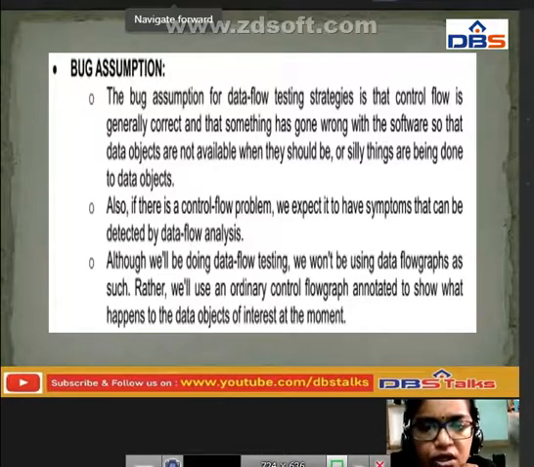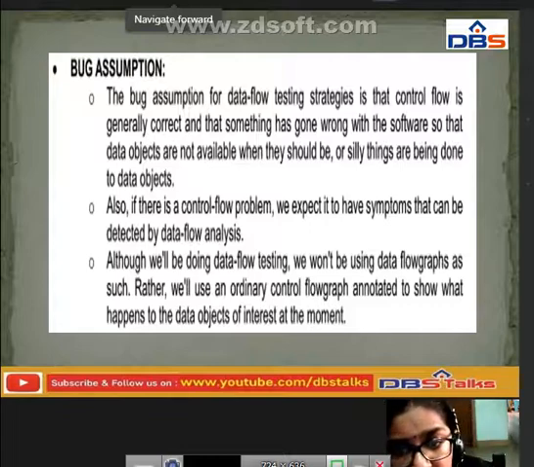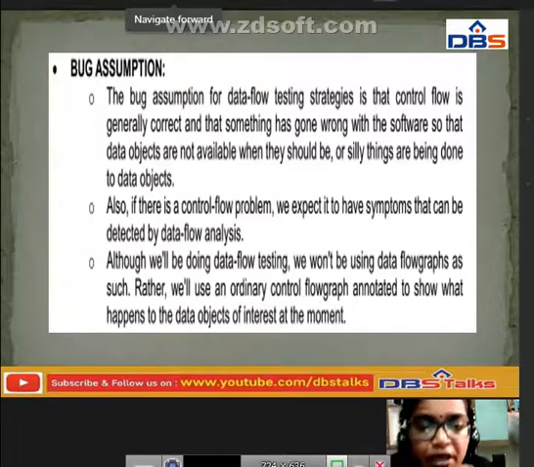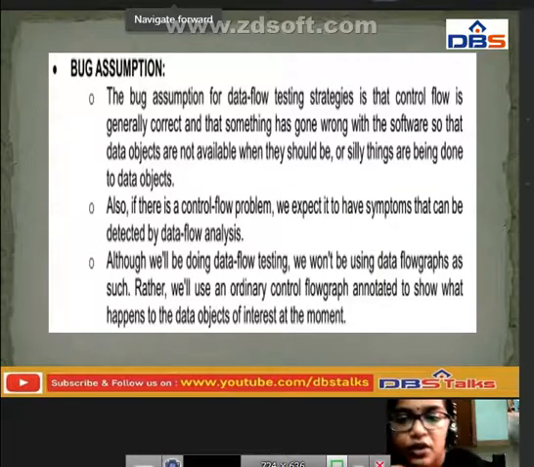Rather, we will use the ordinary control flow graphs, annotated to show what happens to the data objects of interest at that moment. Whether it is a control flow graph or a data flow graph, if there is any problem, we expect it to have symptoms that can be detected by the data flow analysis.